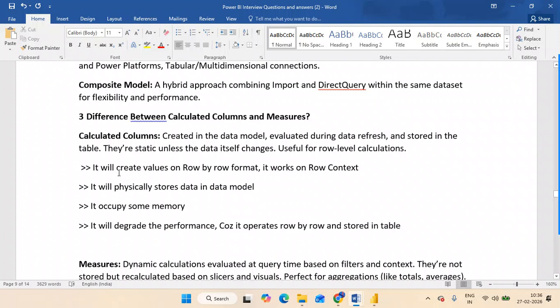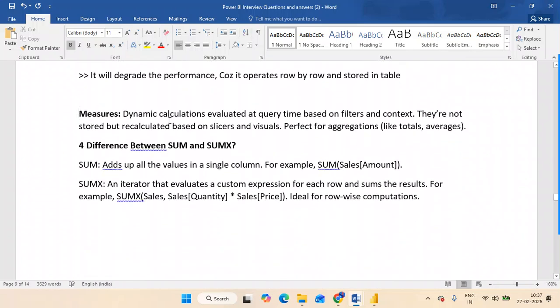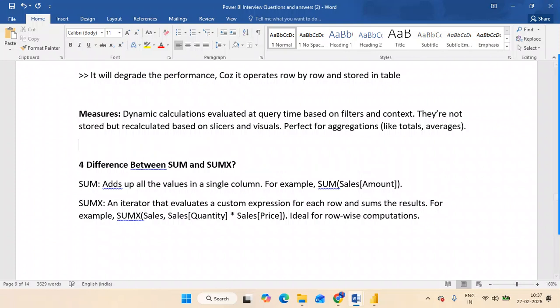So these 4 points you have to explain to the interviewer. Okay, then if you come to the measure, what is a measure? Measures you already know, we have just seen. These measures are aggregated, so it will create an aggregation, right? When you are creating a measure, you have to use a sum or average or minimum or maximum. When I'm writing a calculation, you just observe, I have used sum of profit divided by sum of sales, which means it performs aggregations.